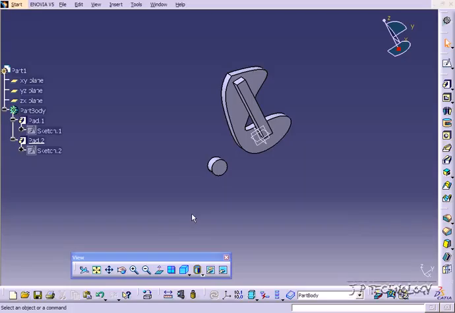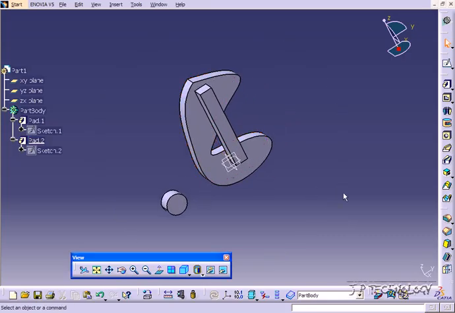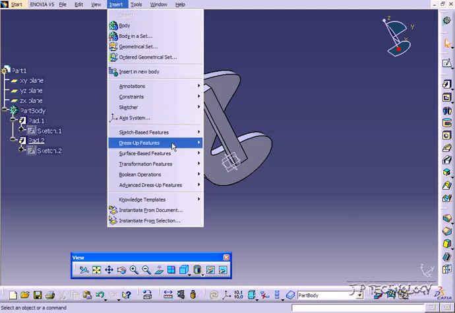This is tutorial number 66, and it covers how to use the shell feature within CATIA V5. To start off, open up tutorial part number 66, which is located on the DVD. Now the shell feature can be found on the toolbar over here, or you can go to Insert, Dress Up